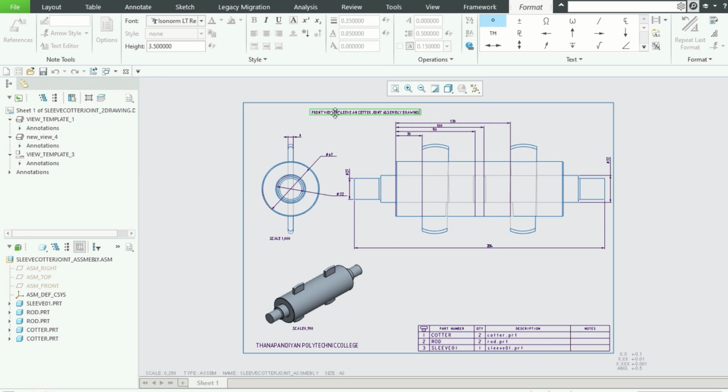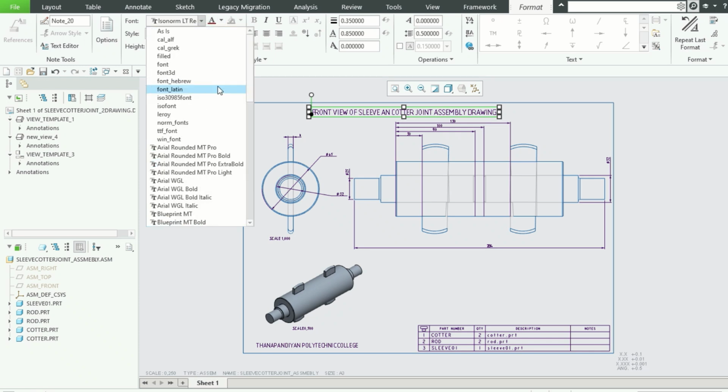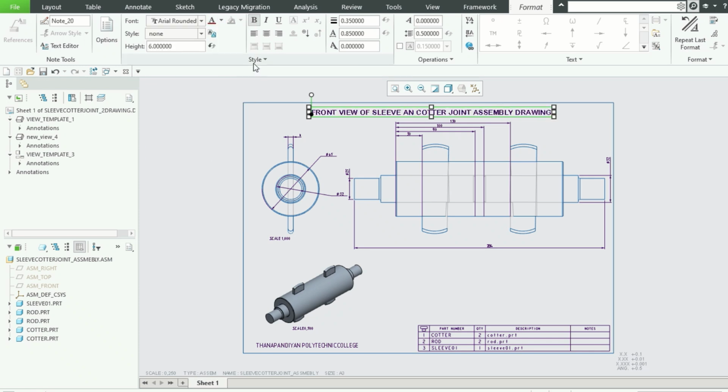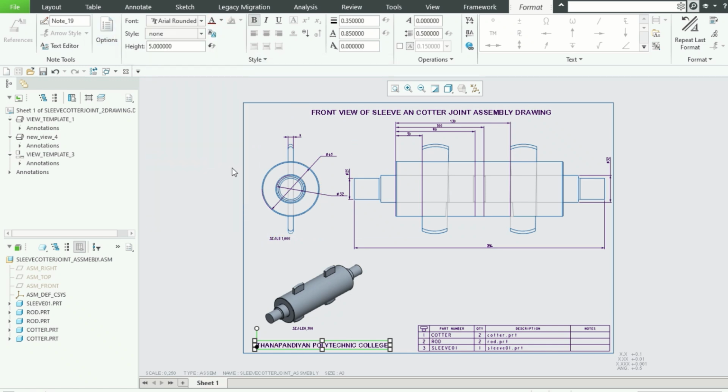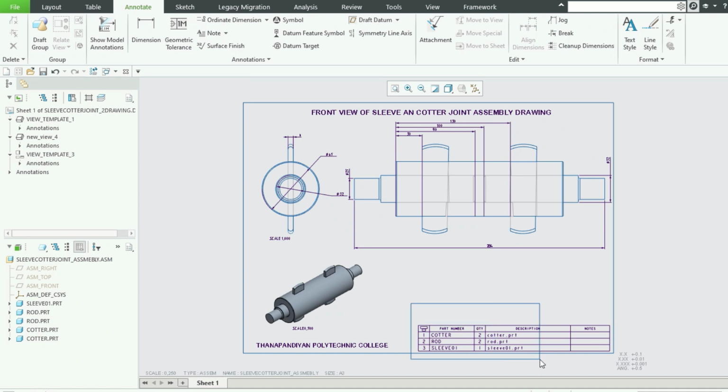Okay, now if you want to, set the text height to 6 mm and choose a different font from here. Okay, and here also you can choose a different font. Okay, and if you want to add one more note, add here this keynote,